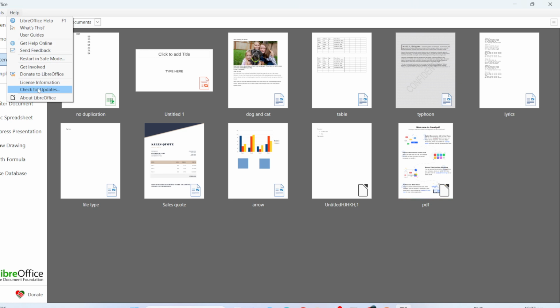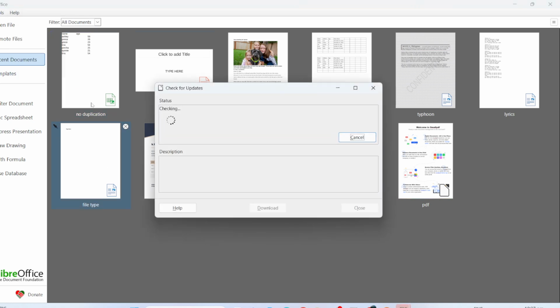This will prompt LibreOffice to connect to the update server automatically. As LibreOffice reaches out to the update server, it will be checking for any new version that might be available. This connection process might take a moment, so it's fine to exercise a bit of patience. If a new version of LibreOffice is indeed available, a dialog box will promptly appear on your screen with the